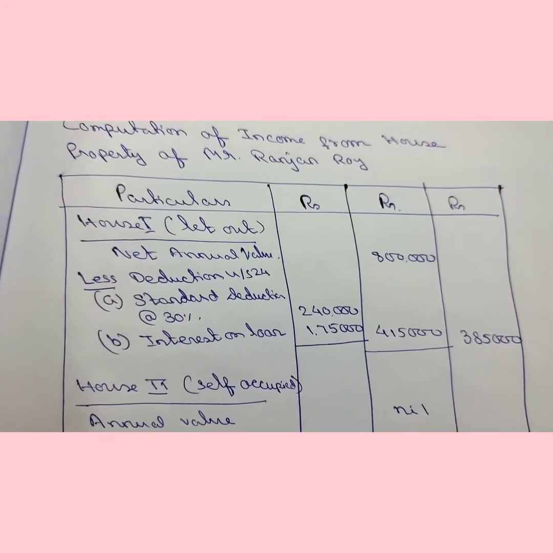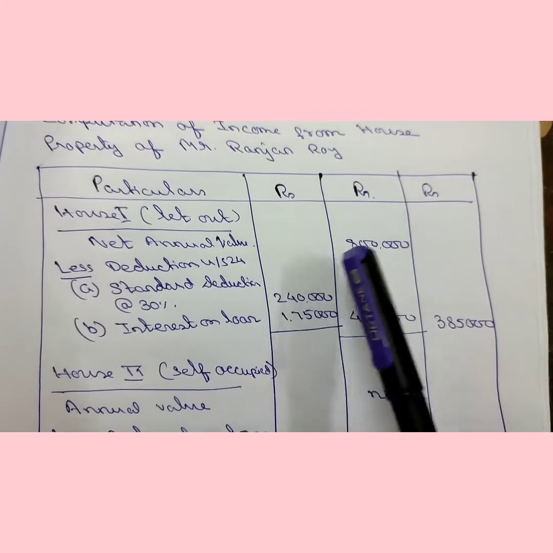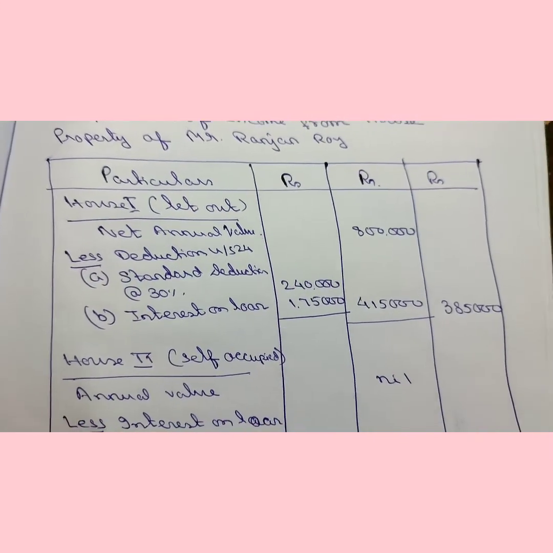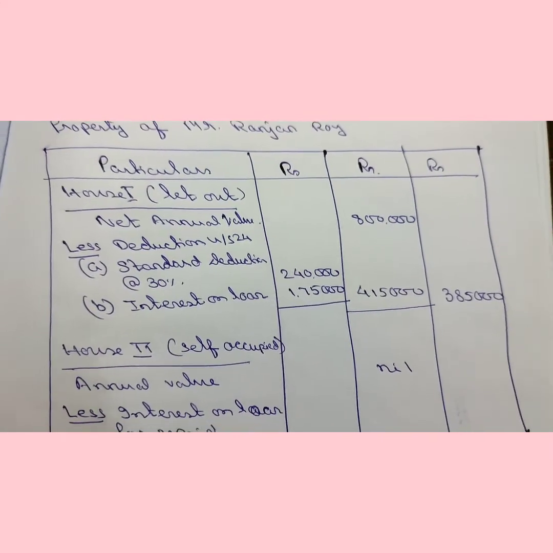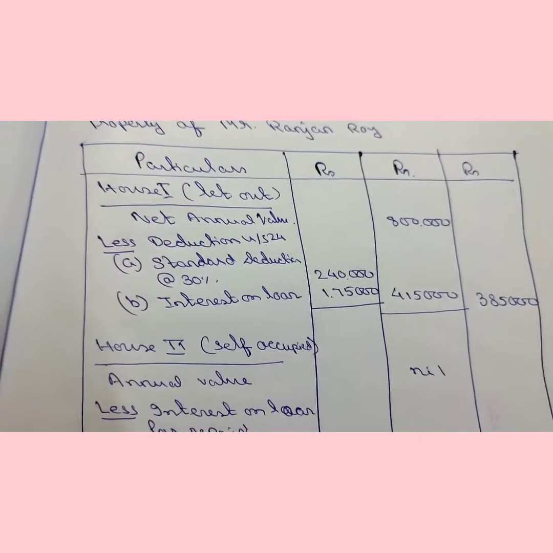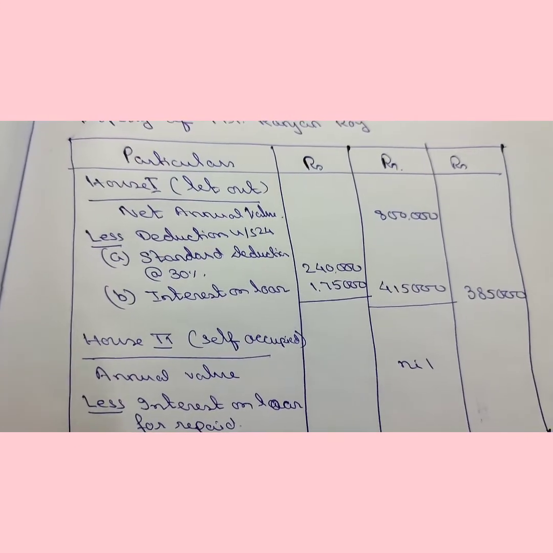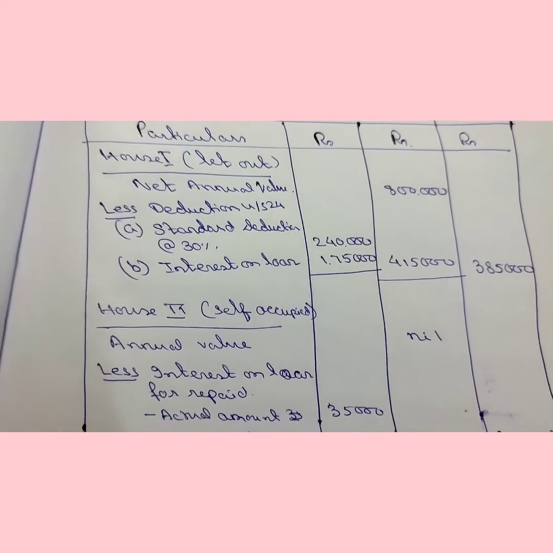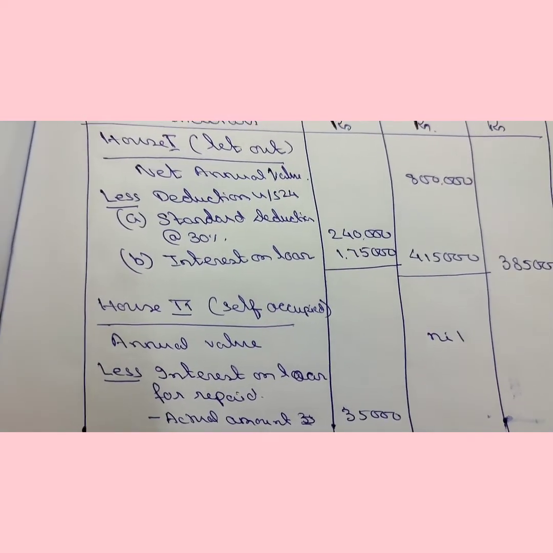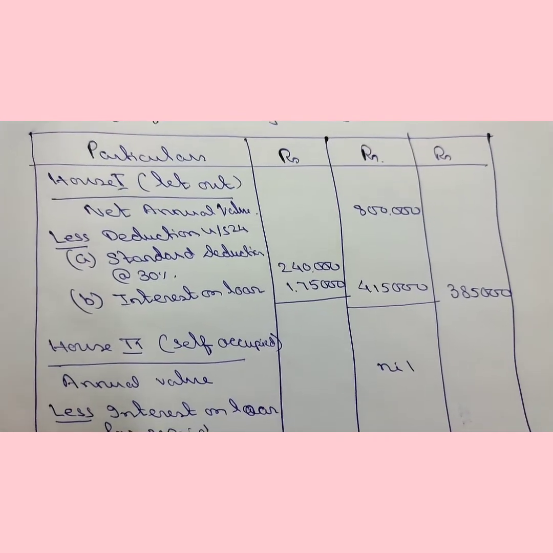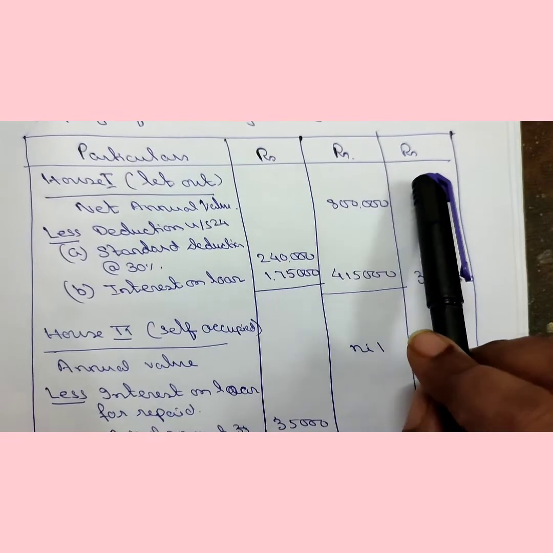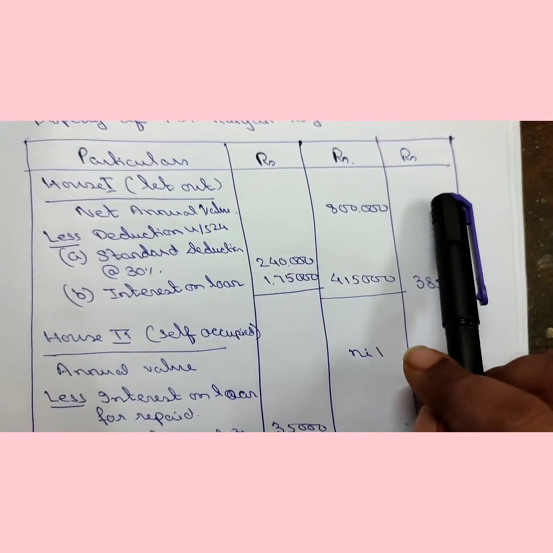Here there are two houses. In case of two houses, you have to draw 3 amount columns. In case of one house, you have to draw 2 amount columns. In case of more than one house, you have to draw 3 amount columns. If in your syllabus it is that only two houses' sums will come, still because there is more than one house, we have to make 3 columns. Okay. So for two houses, we have made 3 columns.